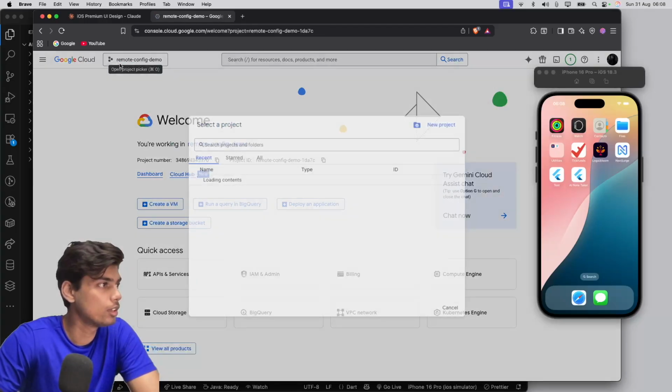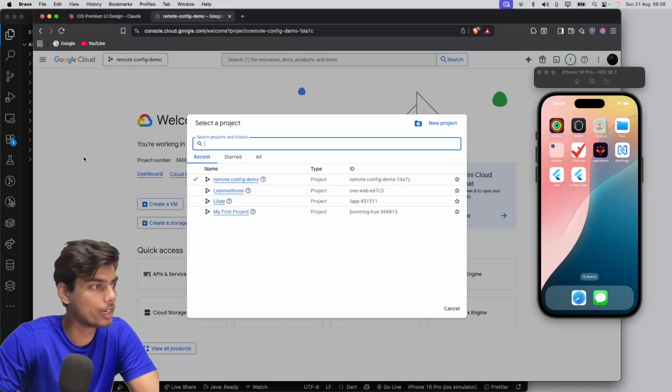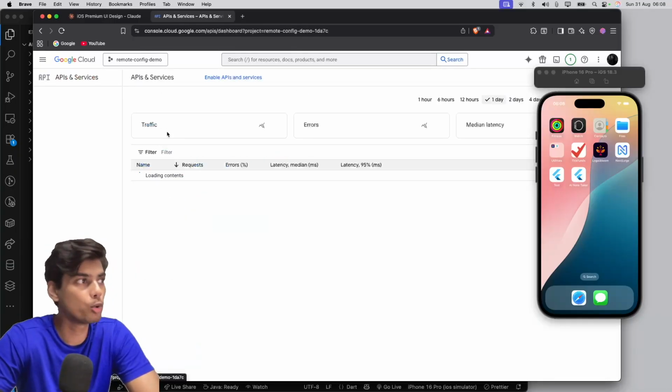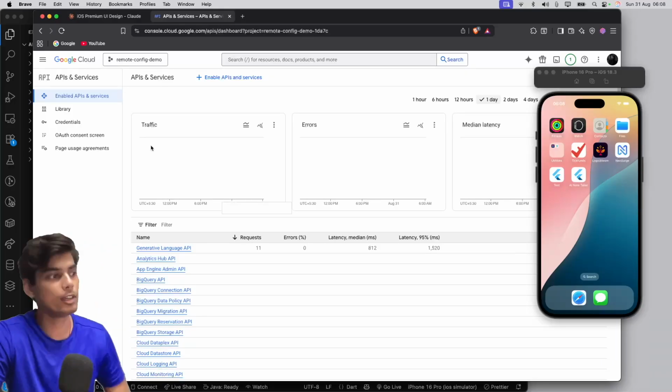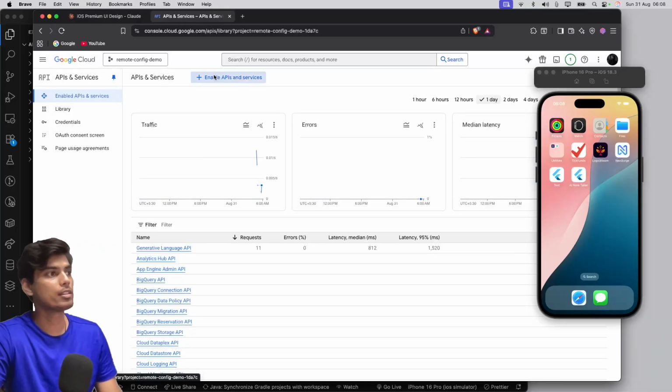So this is one of my projects, so you'll have to select it from here. In my note taker, I have enabled it. So you need to go through APIs and services, enable APIs and services,